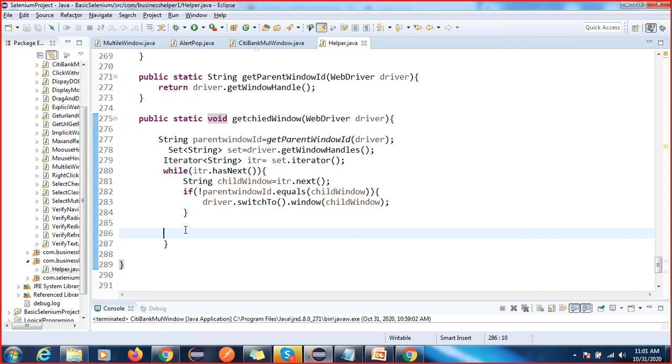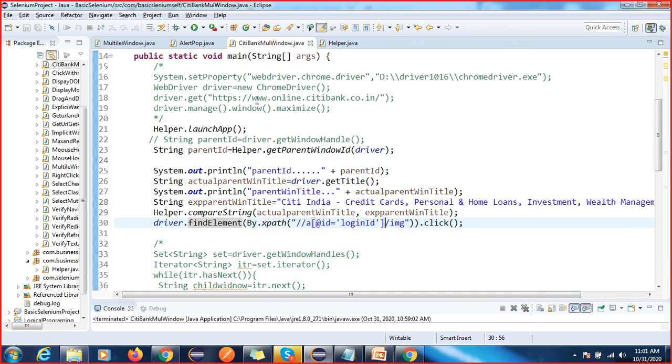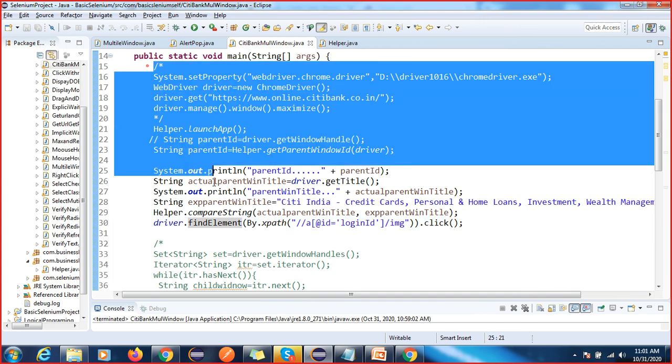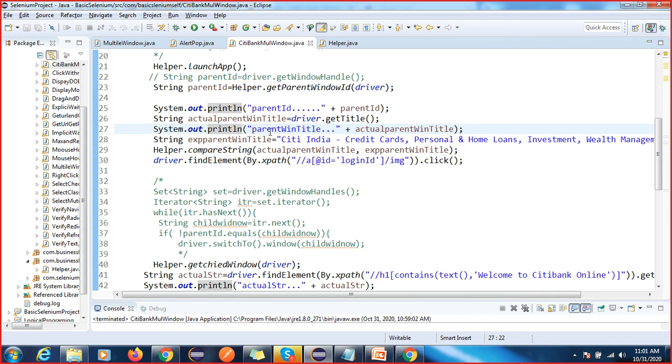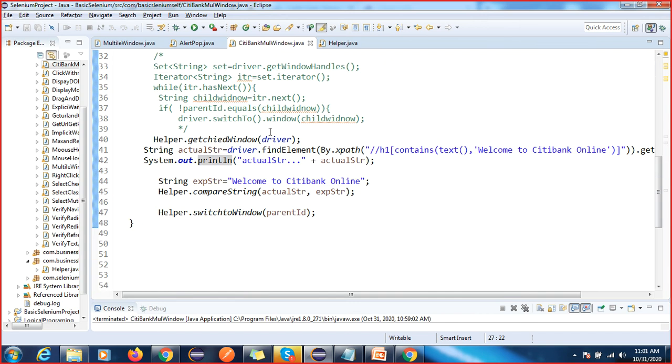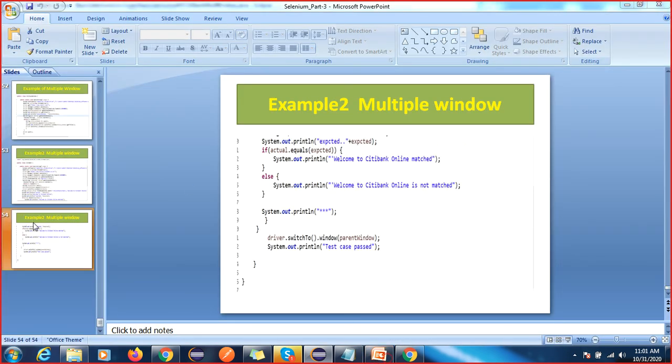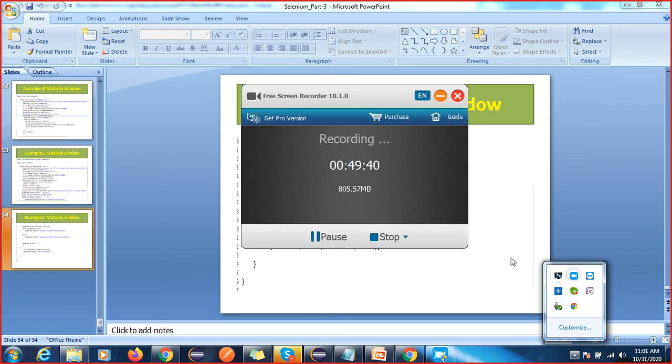You cannot directly write the helper class or execute your code, otherwise you will get confused. Go step by step. Then you are able to understand the things and execute. Okay. So tomorrow I will teach you another concept. So this multiple window topic is completed. I am going to stop now, just do your practice. I will send